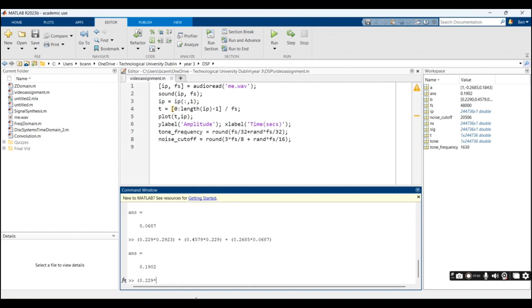0.229 times this by y x of 2, which is 0.278, plus 0.4579 times by 0.2923, 0.4779. Yeah, and then we're going to add that on 0.229 times by 0.3001. And now comes our outputs, which is